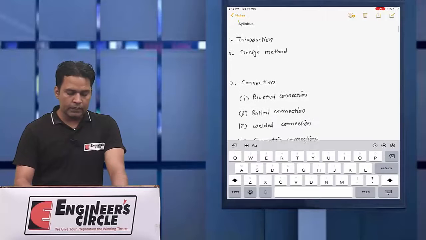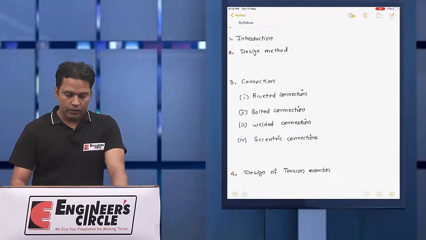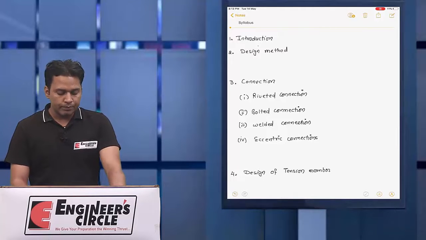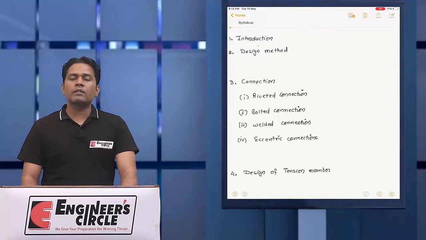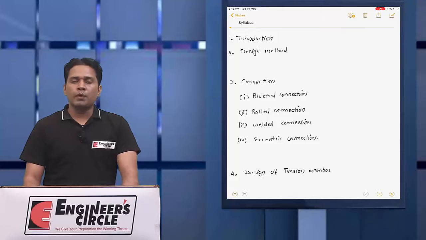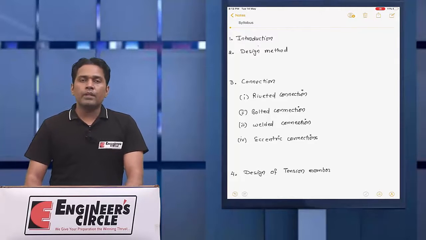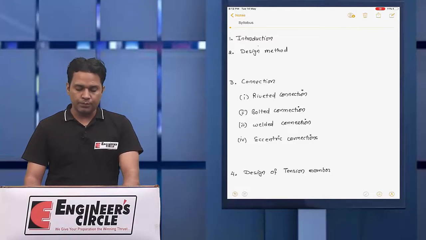Now we'll see the syllabus of this subject and what topics we will cover till the end of this subject. First we will see the introduction. In the introduction we will see what we mean by steel and structure, and what the behavior of the material, meaning steel, is under load.